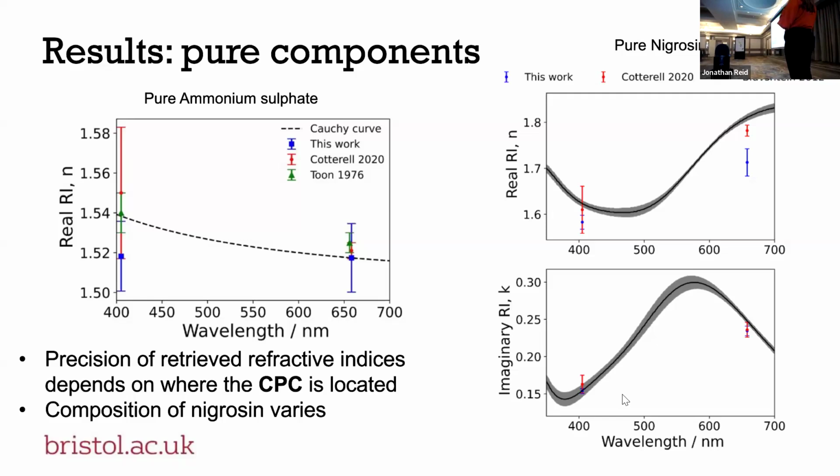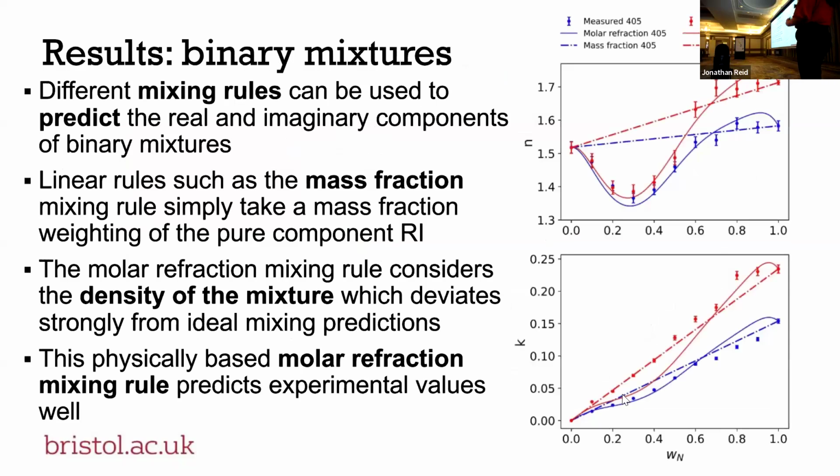This here sort of deviates a bit, but one thing to note about nigrosine is that it's not a specific mixture of compounds. It's basically formed as a byproduct of a reaction, which is then color matched. So the actual structures vary from batch to batch and between manufacturers. So we would expect there to be different optical properties between those. So then when we go on to looking at mixtures of the two,